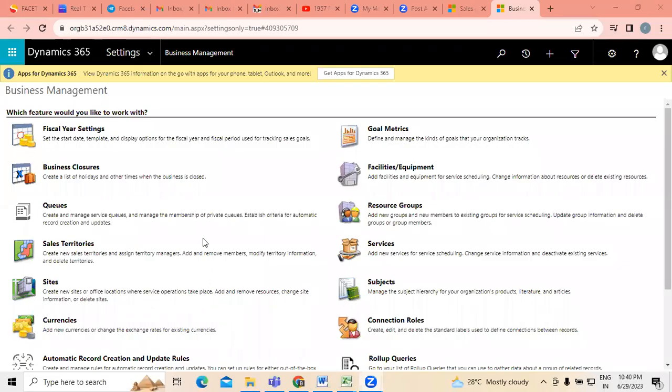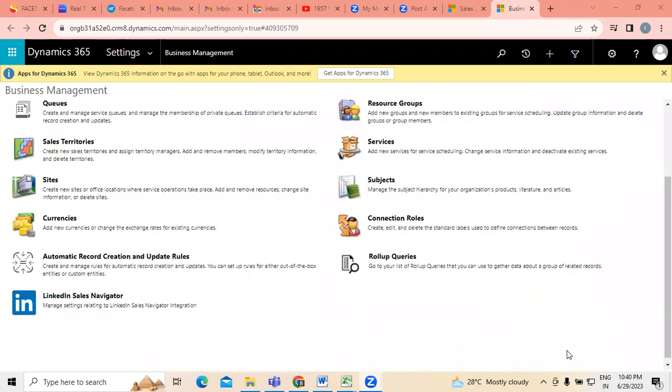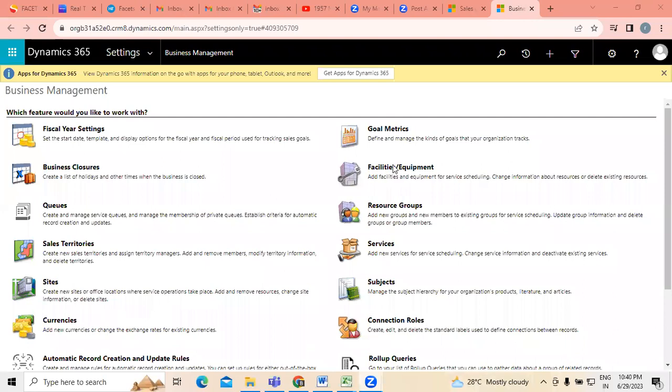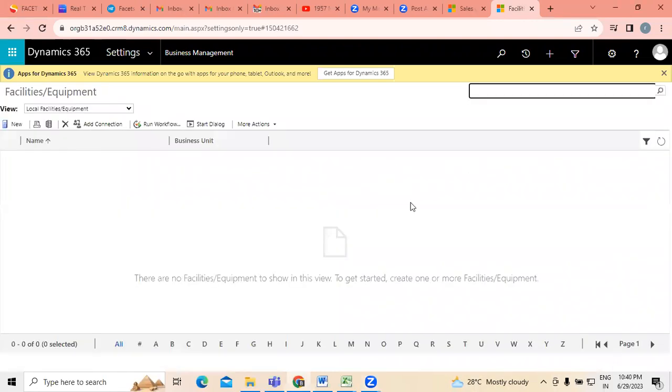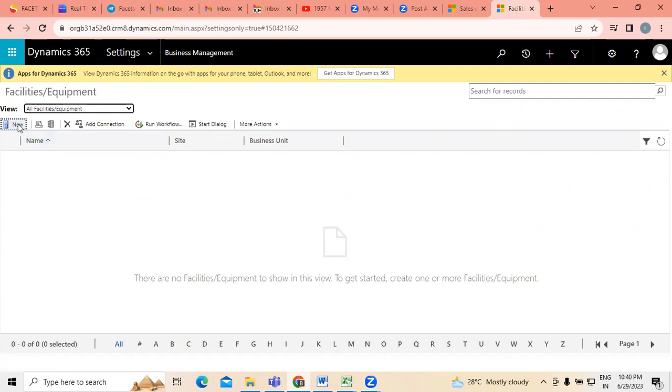Right. So what we have discussed, I think, goals and metrics, we discussed in the previous session. After that, the facilities and equipment is what we need to discuss. If you want to select, we have to select all the facilities and equipment. Equipment means infrastructure, okay? Because whatever application we are developing, the infrastructure-related information comes